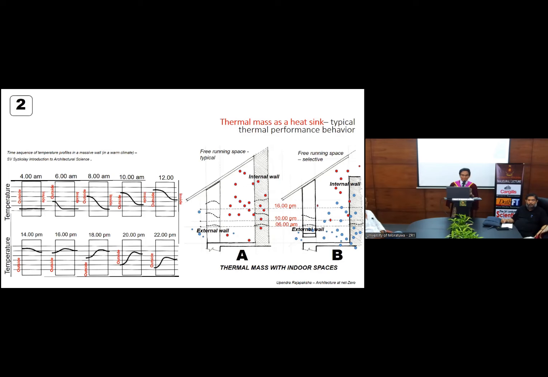In its external wall, there is an opening at the lower level, and the internal volume is open to outside at the roof level, at the higher level. So what happens is when heat releases from internal walls, the hot air is less dense and it naturally goes up and then it is removed from the space. So B is much better than A. So that's how the material works in a space.